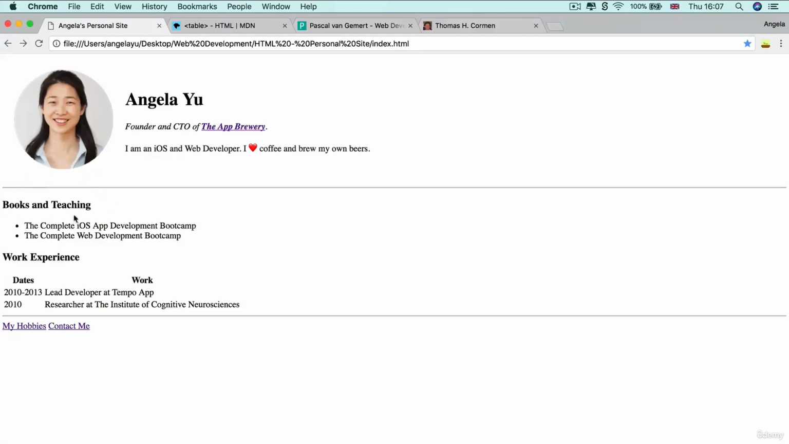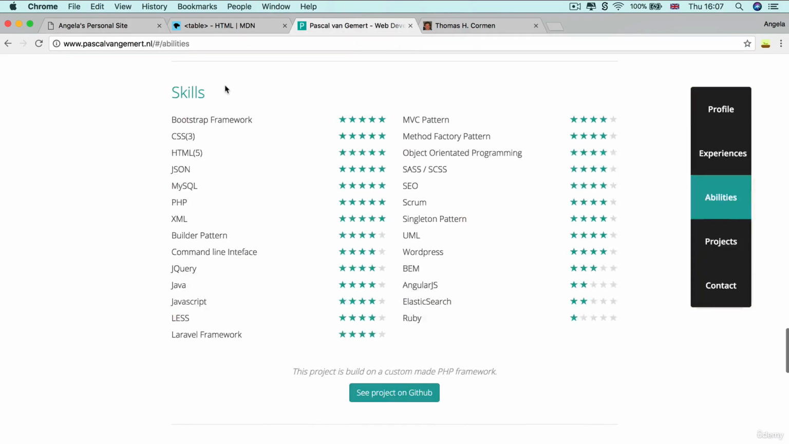So now that we've got books and teaching or education and work experience listed in chronological order, the next thing that might be nice to add are listing some of the skills that you have. So I want you, as a challenge, to create a table where you've got an H3 for the skills subtitle, and then you've got all your skills listed in a column on the left,